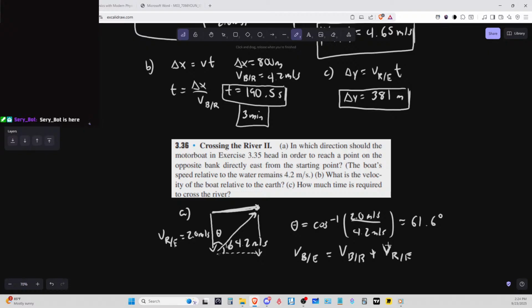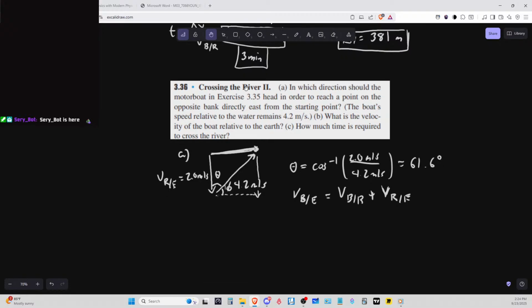So now we actually have to deal with trig functions, because the boat on the river is going to be equal to I plus cosine,